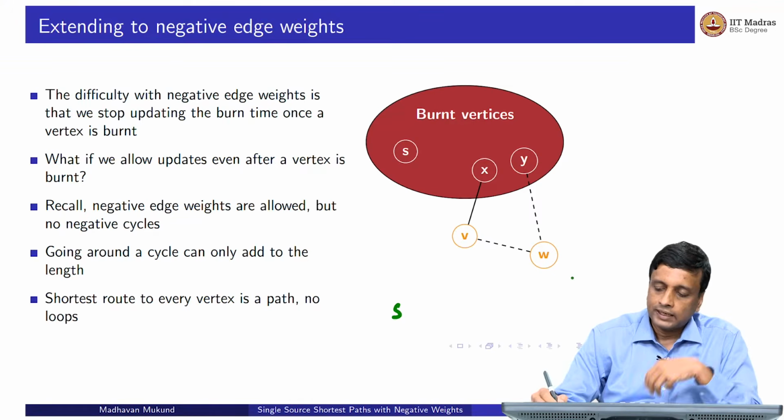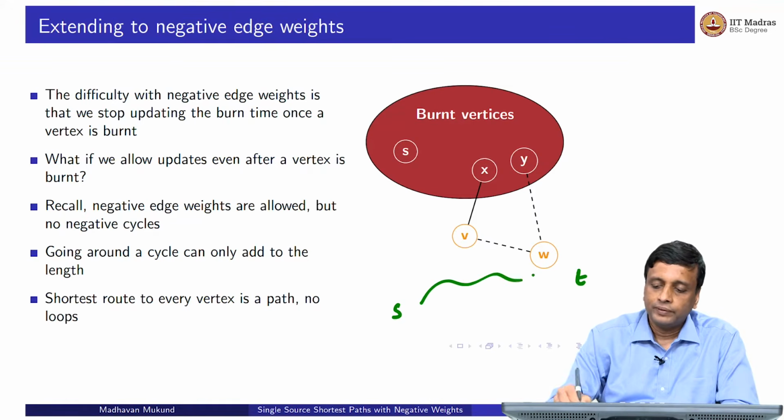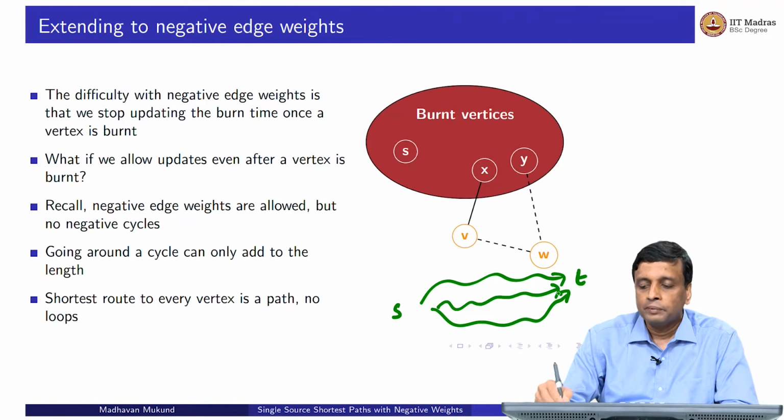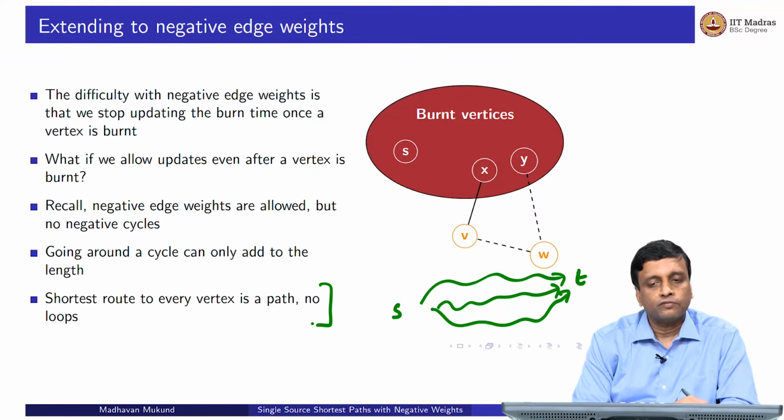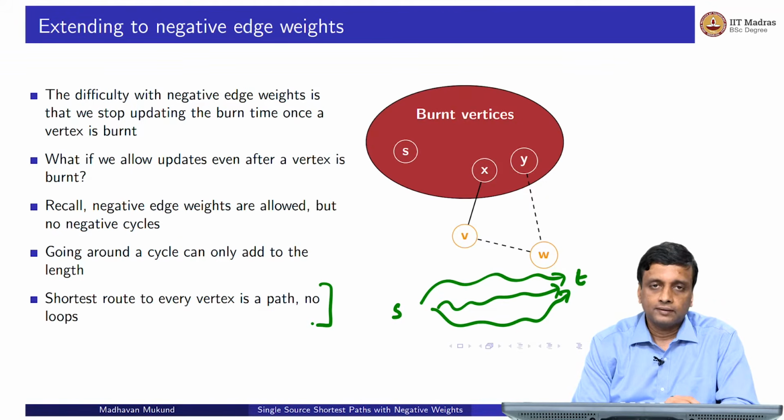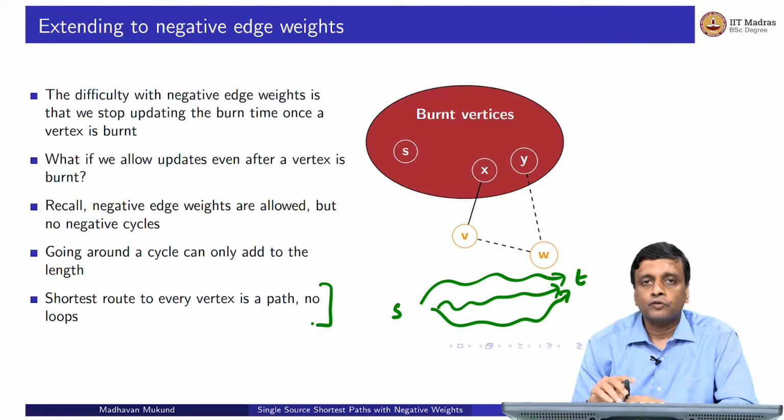So I am starting from S and I am trying to go to some T, and I might have many different ways of going from S to T, right? And I want the minimum among all these. But what I am guaranteed is that the shortest route from S to T is going to be a path. So it cannot pass through more than n minus 1 edges, because if it passes through n edges, then it will have to repeat a vertex and then it will no longer be a path. So there is an upper bound in terms of number of edges which are seen going from S to T, and this will help us to derive an algorithm for the case where we have